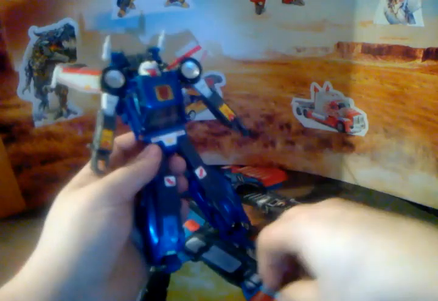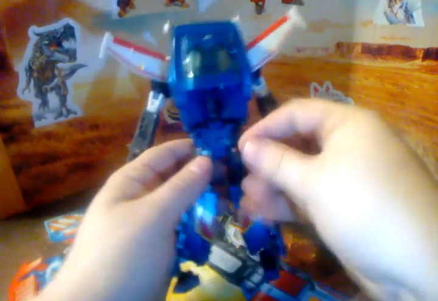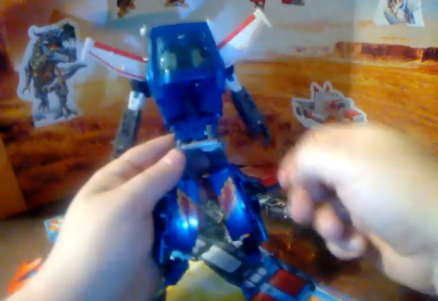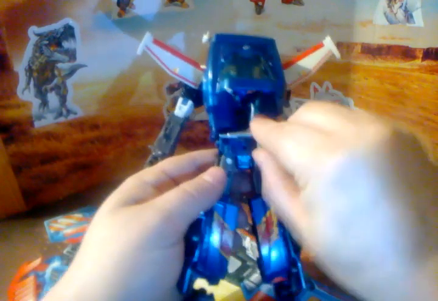But no, he's cool. And you got the gun, which for vehicle mode sort of pegs into one of those, pointing down. But if you want to store it in robot mode, I prefer to put it up, because then you can't see it. It's not hanging down here somewhere between his legs, which would be a bit rude. You can take that,